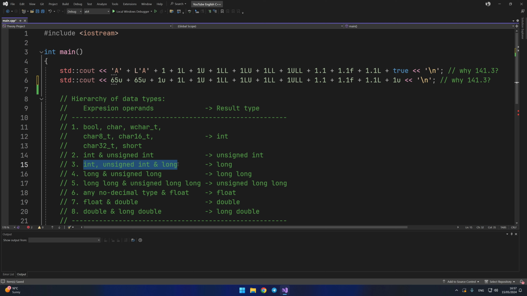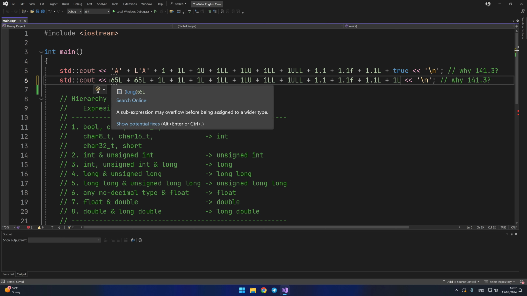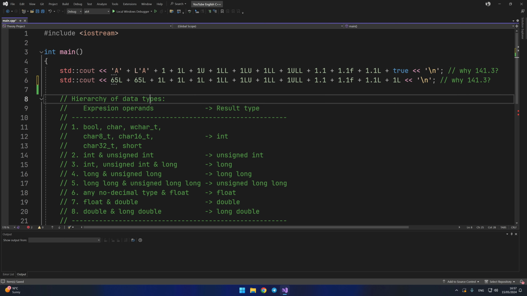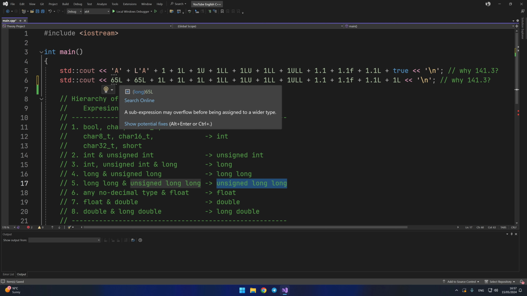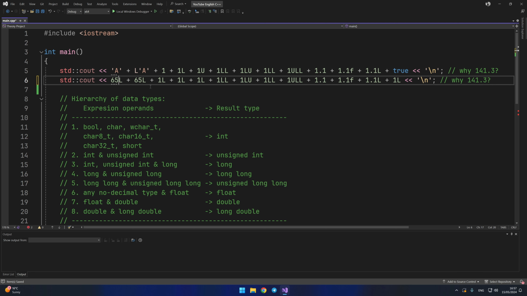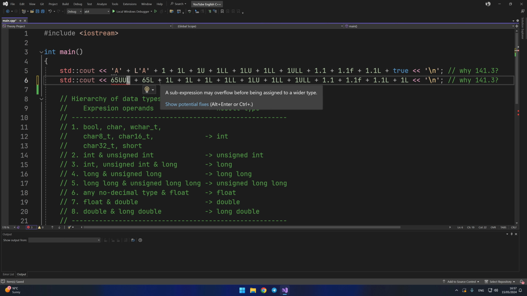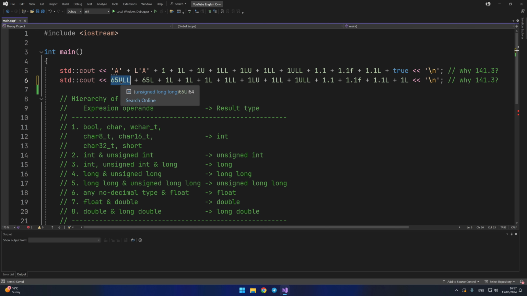We go further along the chain of hierarchy. If we have type int and long, then the result will be of type long. Our expression has a long type, so we take our unsigned int and change it to long. At the same time, don't forget about the two values 65, which are of type int. Let's return to the table. Look at points 4 and 5. By analogy with the int type, eventually all integer values should turn into unsigned long type. It turns out that in the hierarchy of integer data types, the unsigned long type is highest. Let's change our expression.